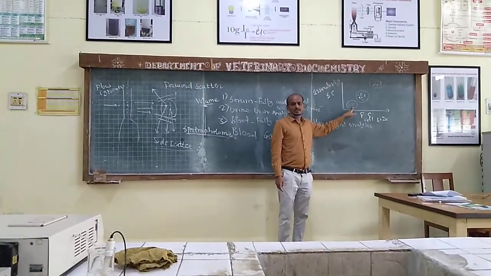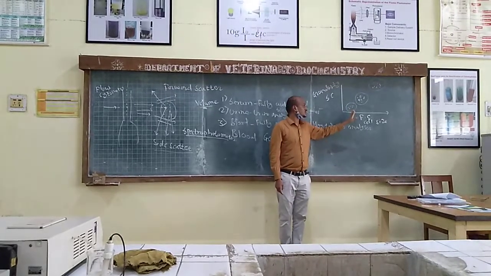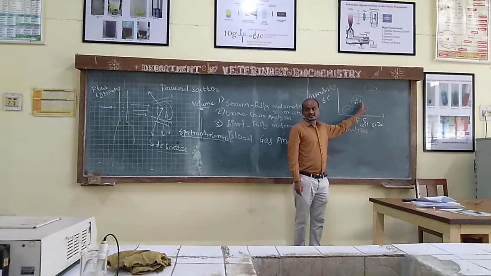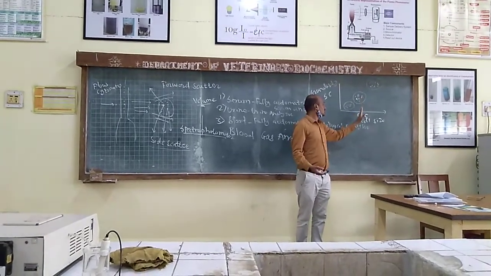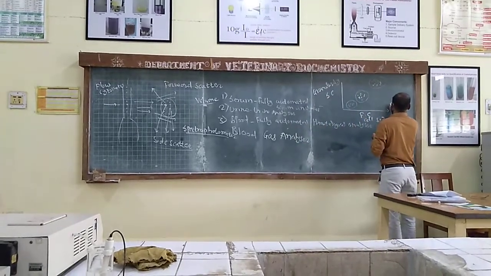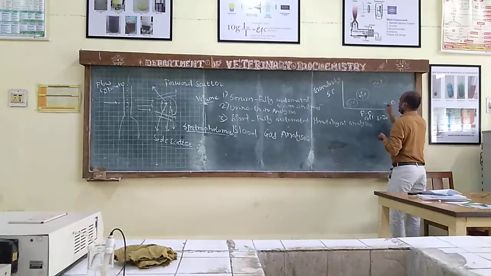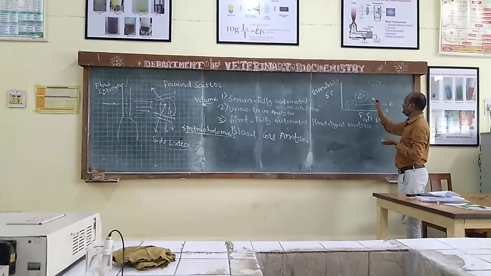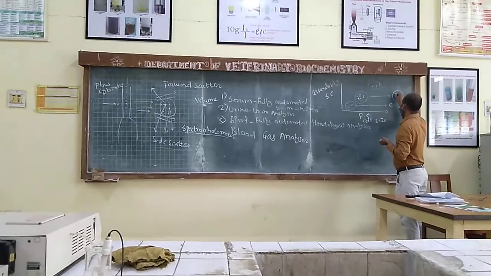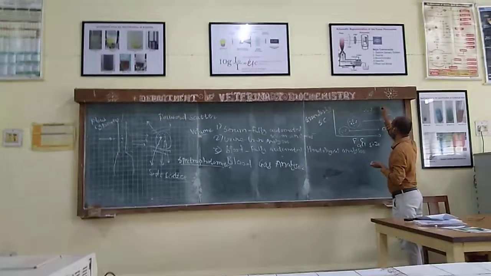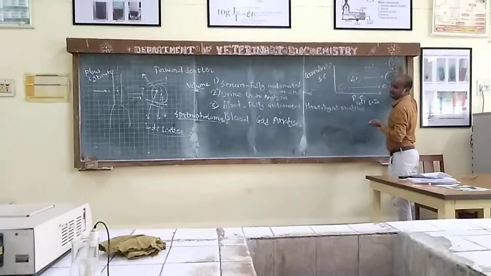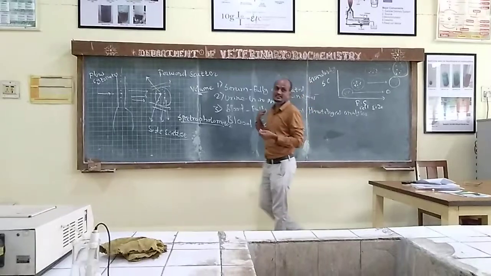For example, you consider it as a neutrophil, so the neutrophil is scattering here. Another cell type has somewhat more granules, and its size is also more. This cell size is small and granules are also small. These cells are a little bit bigger and granules also a little bit bigger, more granules. These cells are very big and have more granules. So this is the principle.